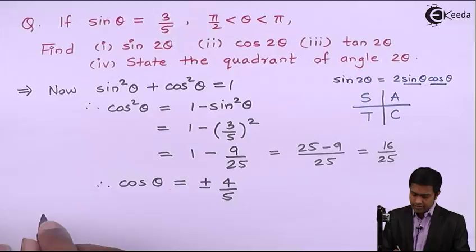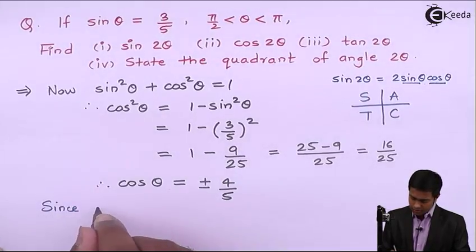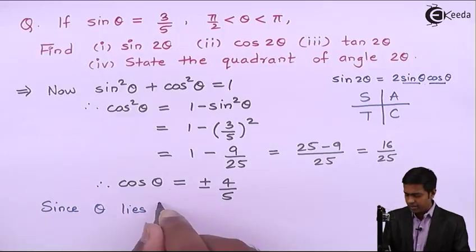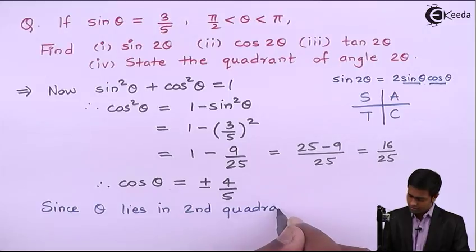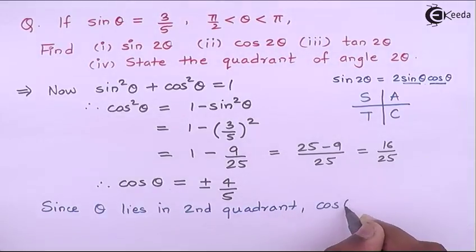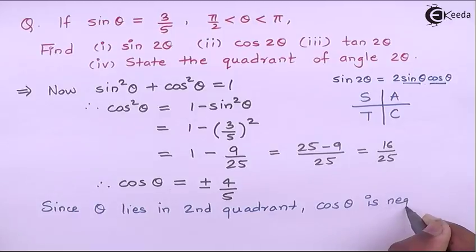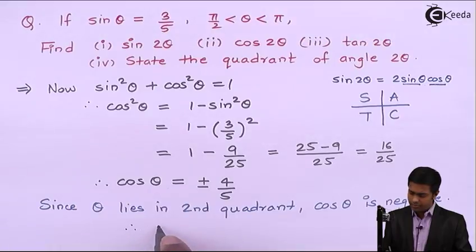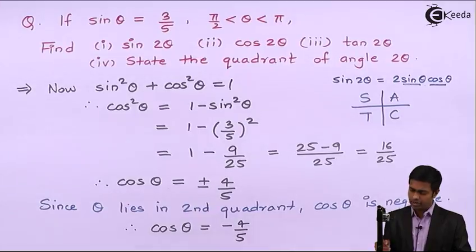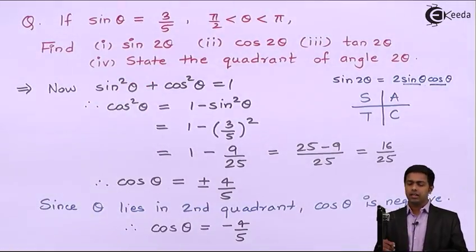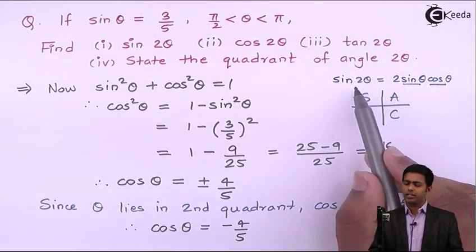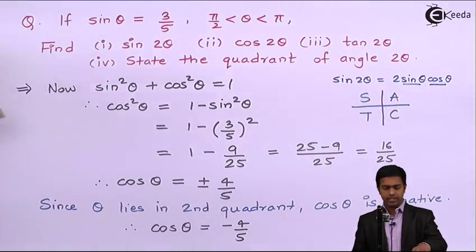So here I will say, since theta lies in the second quadrant, cos of theta is negative, and therefore here we will accept the value of cos theta as negative 4 by 5. So we got the value of cos theta, we have sin theta. Now let's find out sin 2 theta by using this formula. So on the next page I will say,